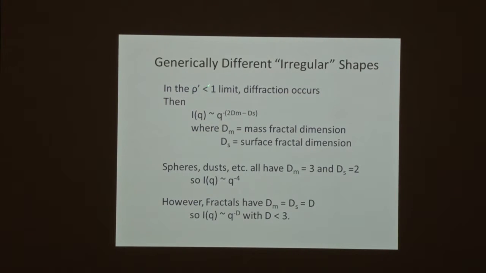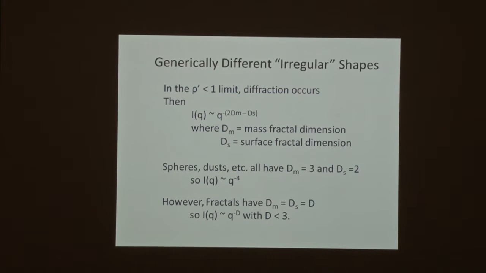So I repeat myself, when we're at rho prime less than 1, diffraction occurs, and then we expect this functionality in the power law regime with these. And of course, now we find empirically spheres, dust, Gaussian random spheres, etc.,